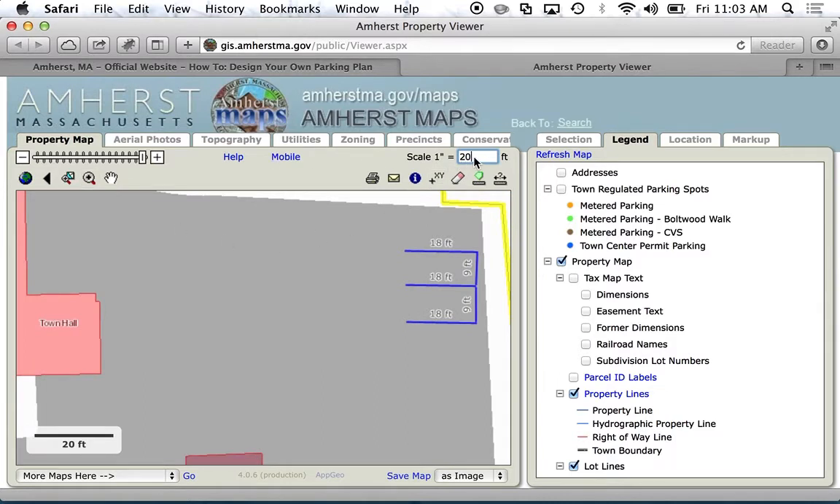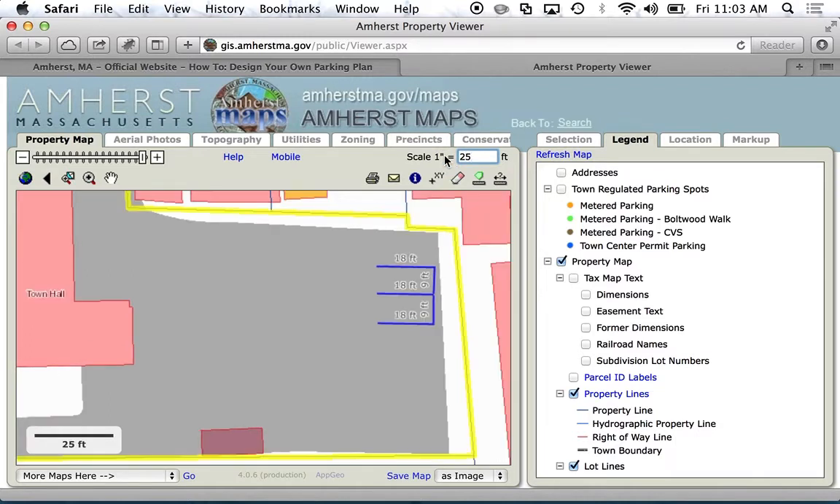Looks like that's a little too close. Maybe we'll go to 1 inch equals 25 feet. Okay, that captures the area that we'd like. The next thing I'm going to do is I'm going to create a printable map. This printer button